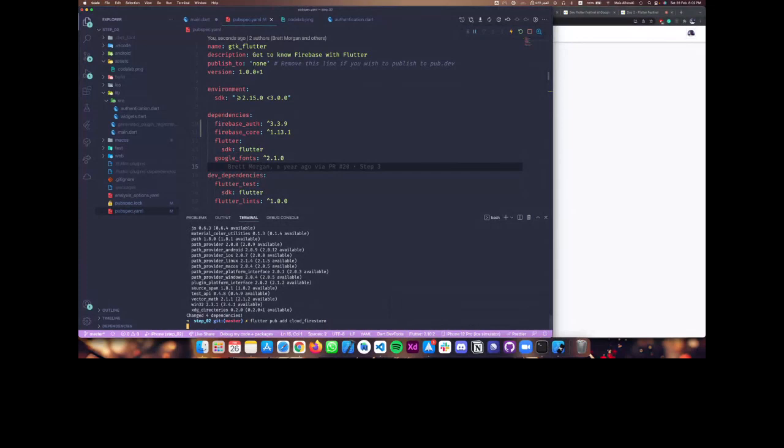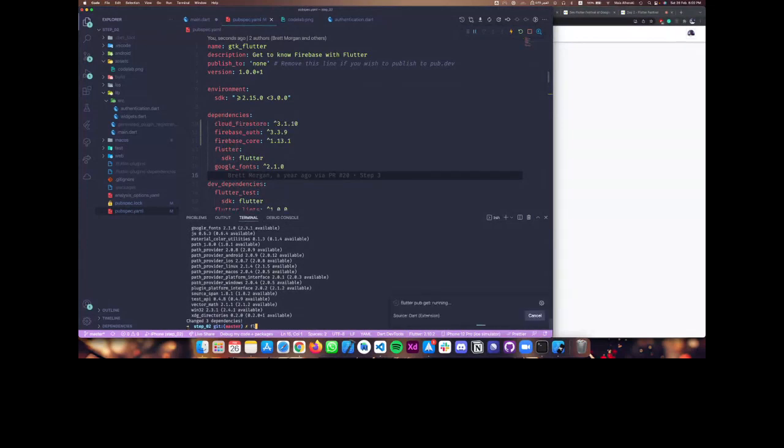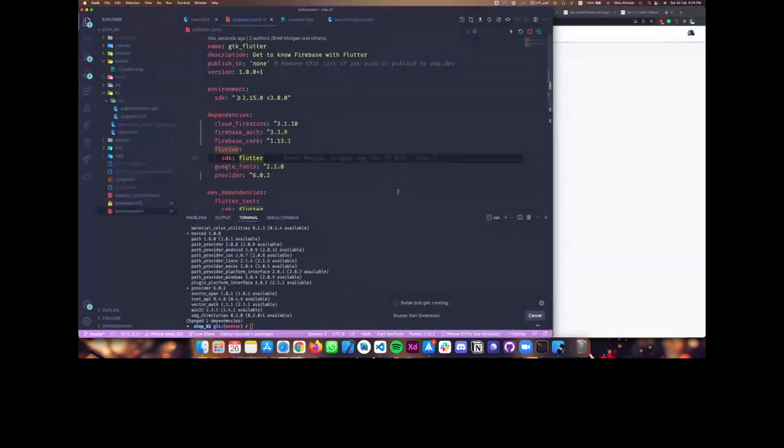And finally, we will add provider. That's what we're going to use for the state management in this app. All right, so now we have all packages set and ready to be used. Let's go back to